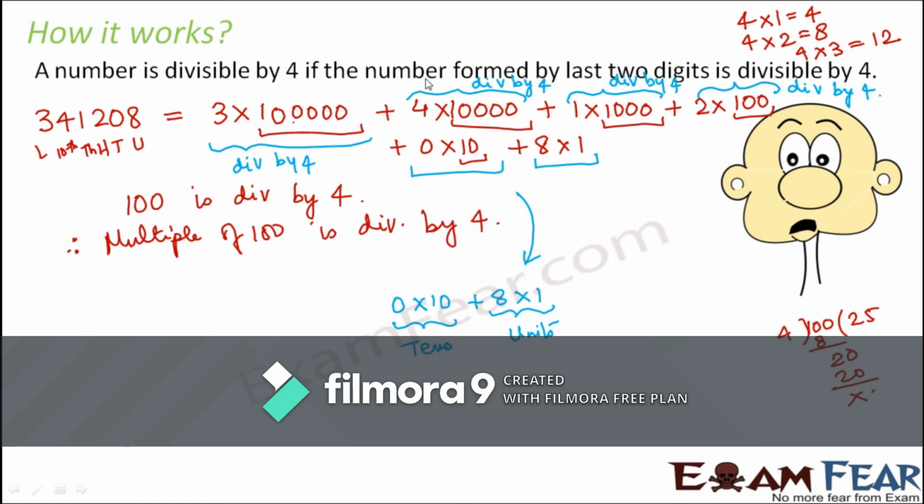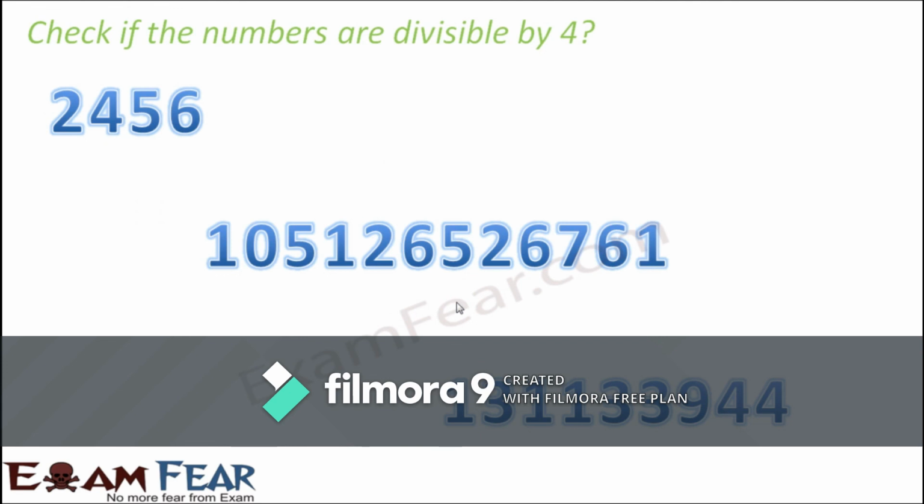And that is what we are doing. What we are saying is, check if the number formed by the last two digits is divisible by 4, because these last two digits are the ones which we are unsure of. Our doubt is only whether the last two digits are divisible by 4 or not, because the remaining digits are always divisible by 4. So the doubt lies only with the last two digits, and that is why we have made this rule like this. So let us quickly look at these numbers and see if these are divisible by 4.